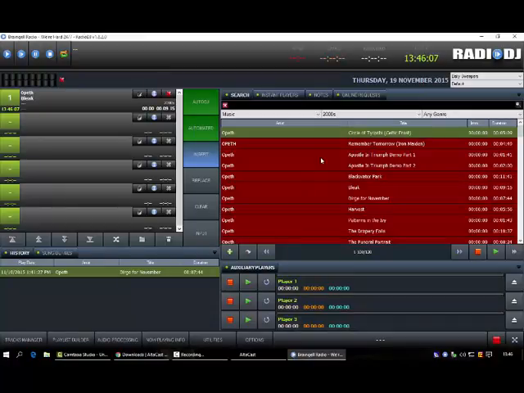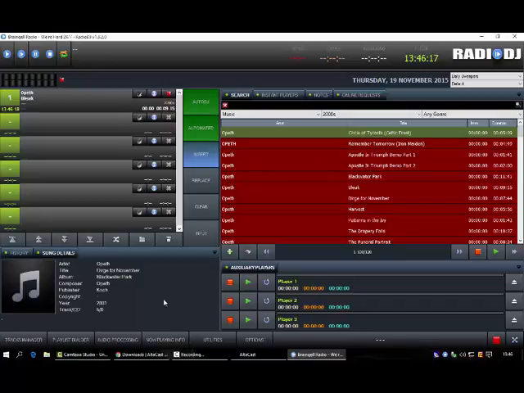Radio DJ is okay, but if you're not used to using it or unfamiliar with it, just go ahead and use the Winamp version. This is all in case you cannot afford SAM Broadcaster, which is still, to me, the best way of doing it. So, other than that,